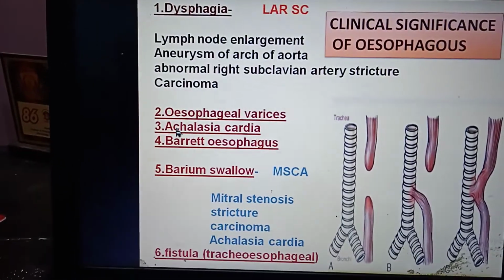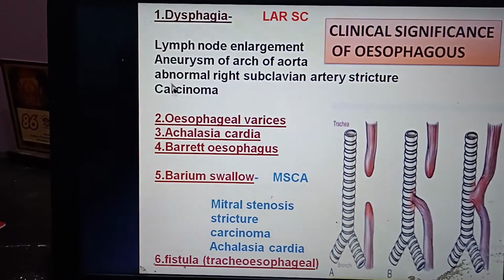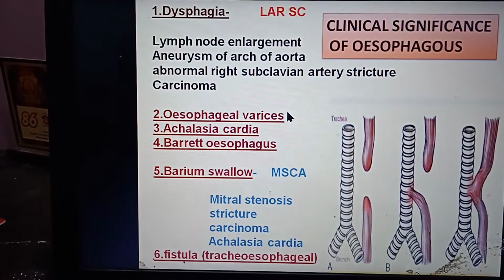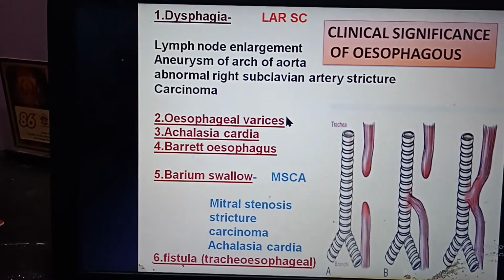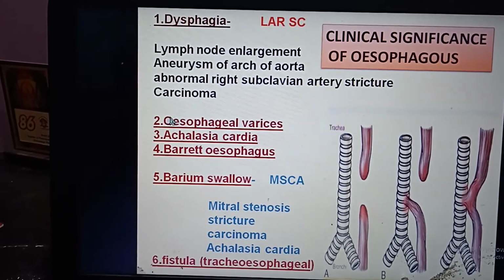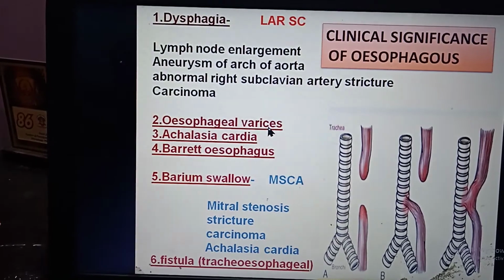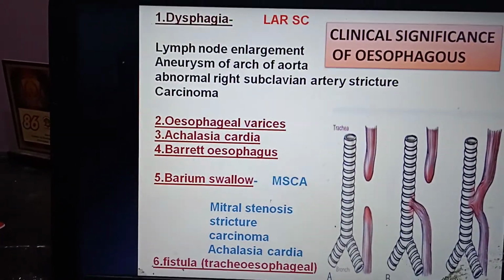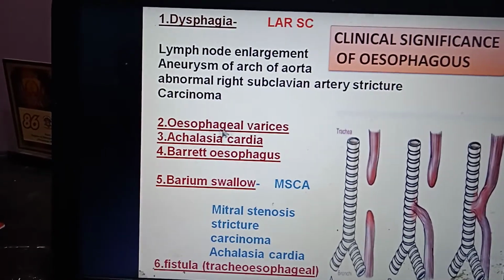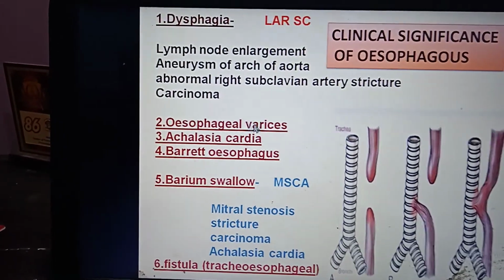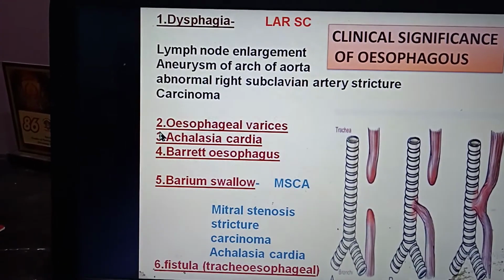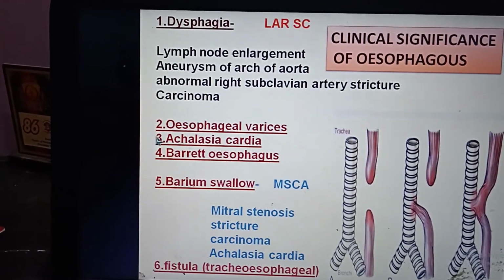Then double O for esophageal varices. When there is a portocaval anastomosis in the lower end of the esophagus, the veins dilate due to the increased portal hypertension, leading to hematemesis, esophageal varices. Achalasia cardia: there is a parasympathetic ganglia in between the